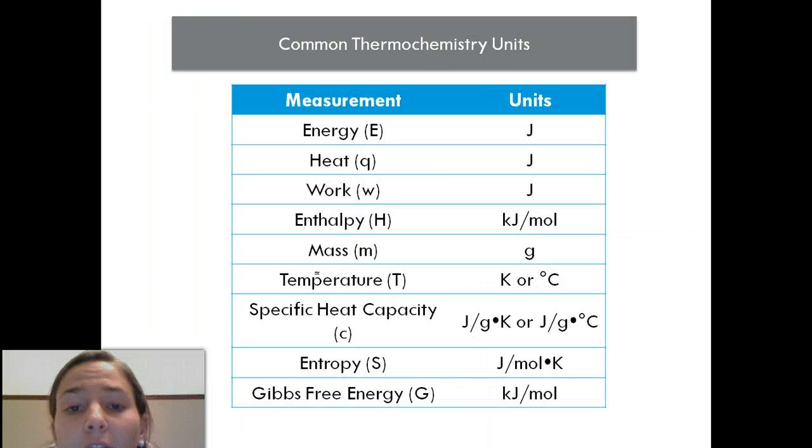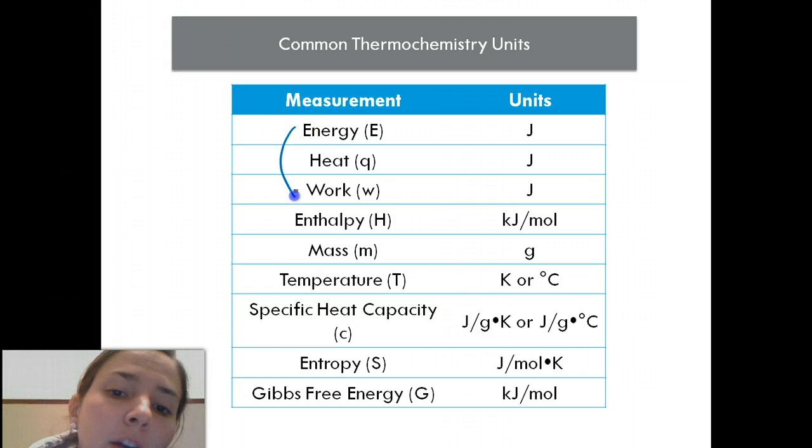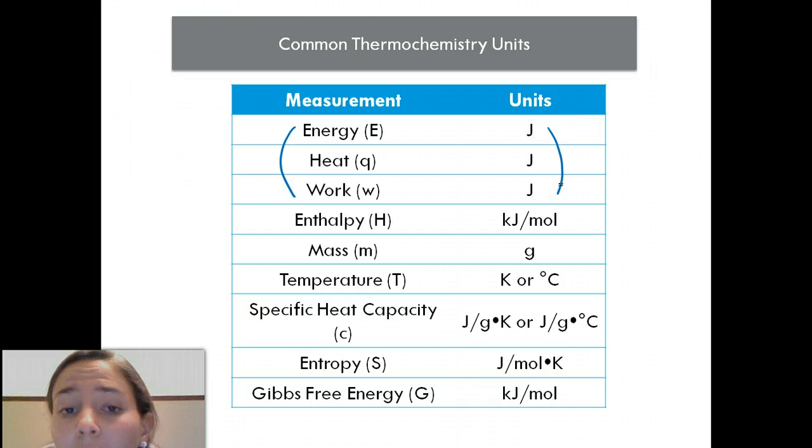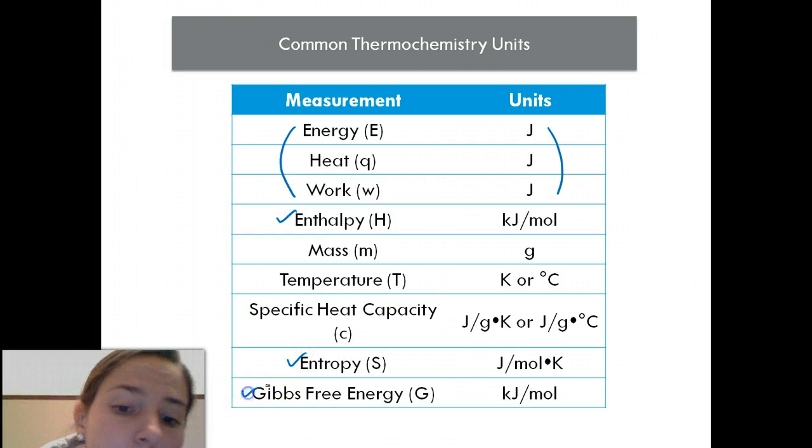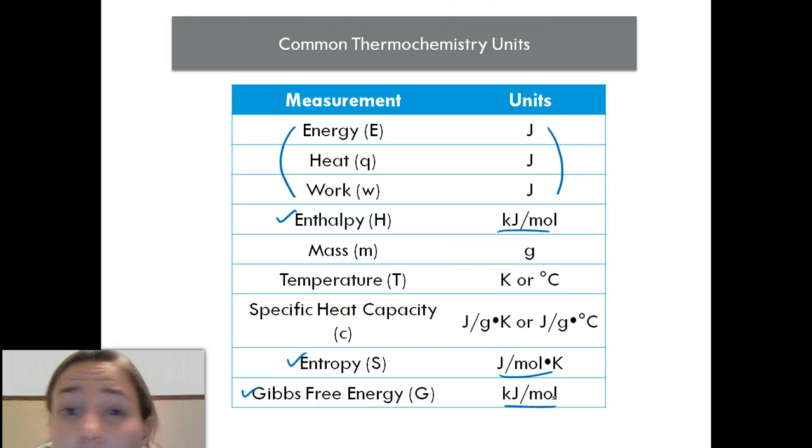If we take a look at the different measurements that we make in thermodynamics, they have very different units. If we're looking at straight energy, we're going to use the unit joules. As we get into more complicated measurements like enthalpy or entropy or Gibbs free energy, we can see that the units take on a very different shape. So when we do our calculations